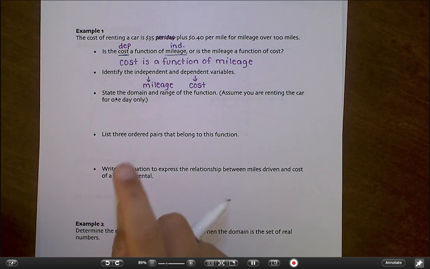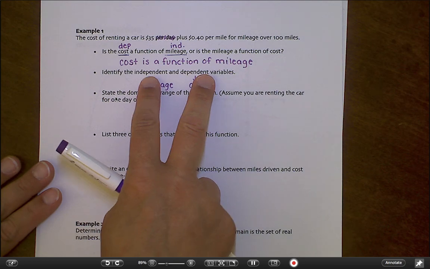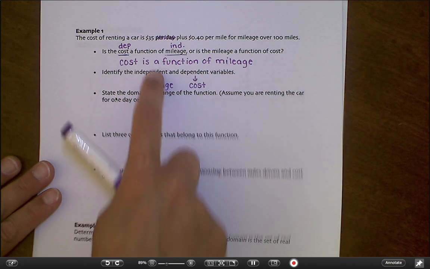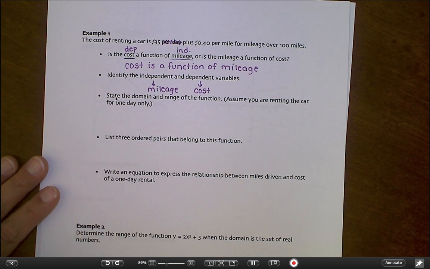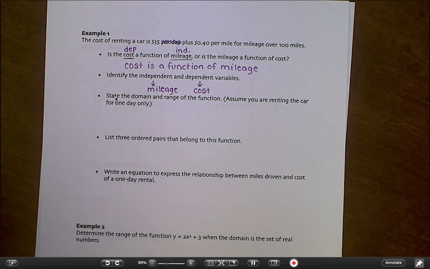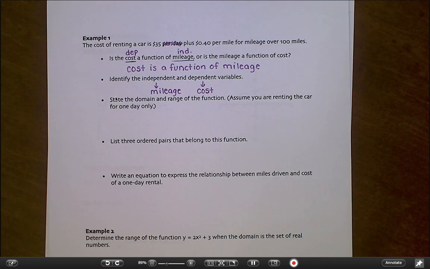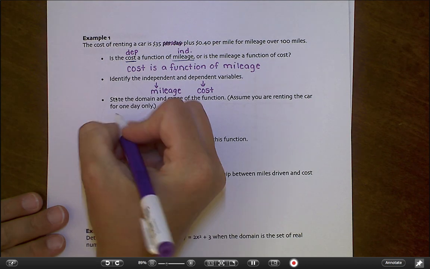So when I'm asking you about domain and range, sometimes people get this question mixed up with this question. Domain is not asking you, the independent variable is mileage, that's your x. So I wouldn't want to say the domain is the mileage. The domain is asking you for the possible values of the mileage. Okay, what things could the mileage be? And so that's really asking what numbers are reasonable to be able to plug in for how much you're going to drive this car. So for the domain,